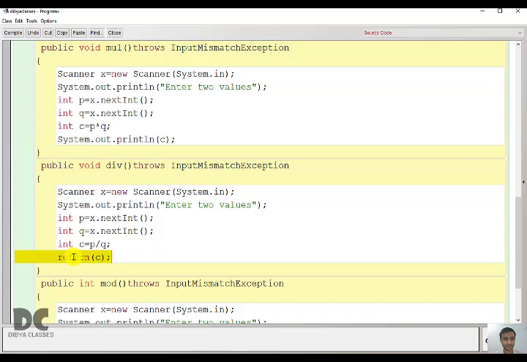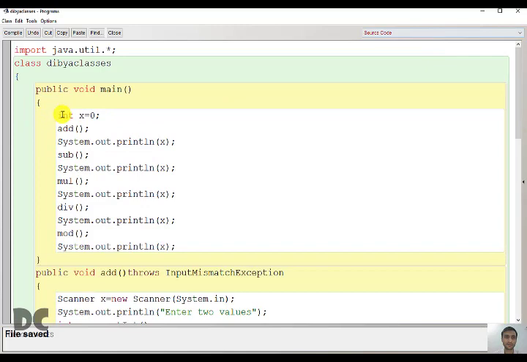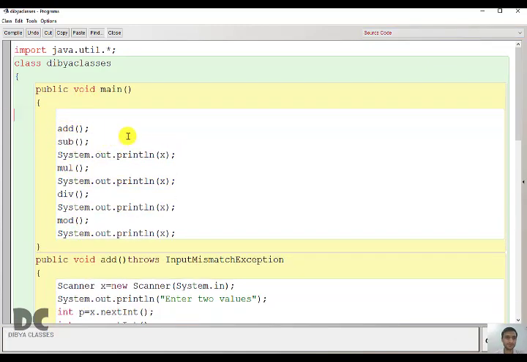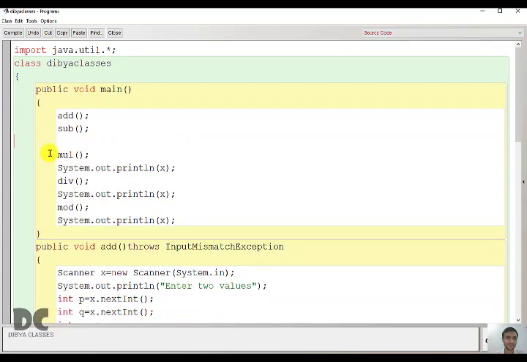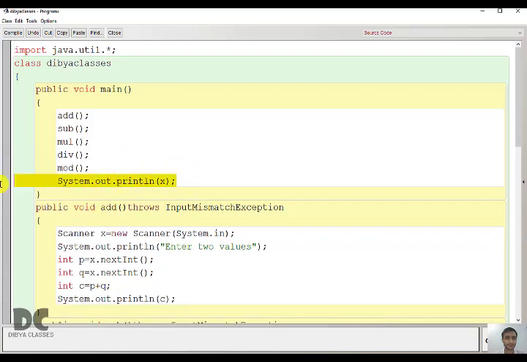Void for division and void for modulo division. Understood? Clear? So this is the program for call by no value. We are giving no values, and since you don't have any return statement, let's delete this also, because you are not going to print anything, right?